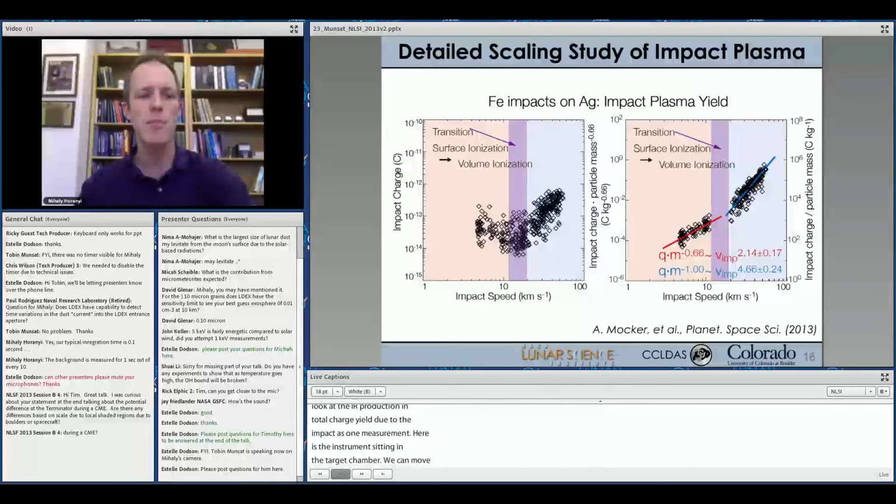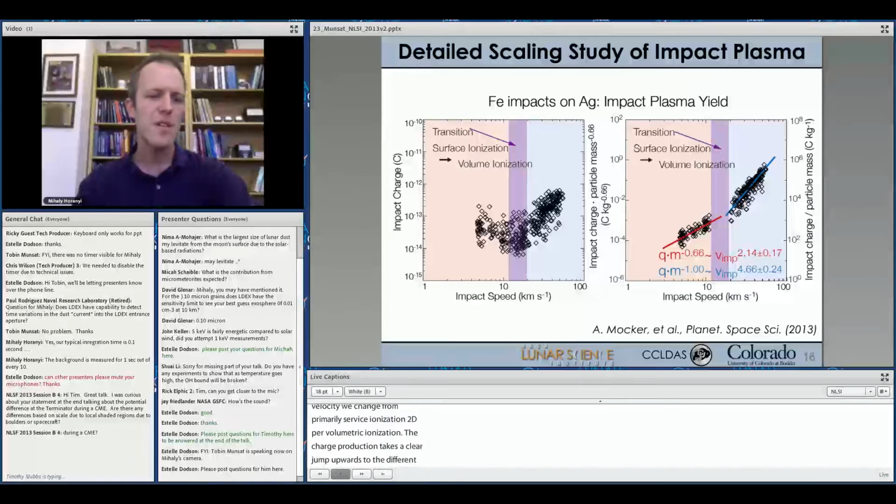There are a lot of different results from this series of studies, but I just want to show a couple of plots as an example of the kind of thing that we're doing. So on the left, you can see the impact charge plotted against the impact speed. And as we transition from the production of weak shocks during the impact to stronger shocks at higher velocity, we change from primarily surface ionization to deeper volumetric ionization. And the charge production takes a clear jump upward, so that the different regions are shown with the different colors